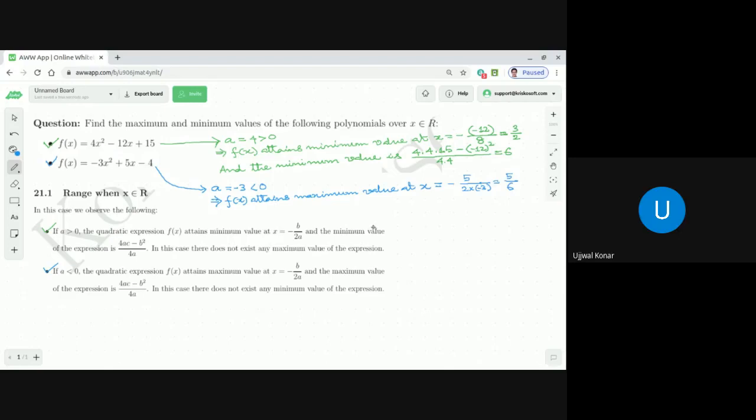And what is the maximum value? Sir, is it −29? You get the maximum value as −29? Not really. Let's find it out. I got −23/12. Correct, you are, dear Sagnik. Absolutely correct.